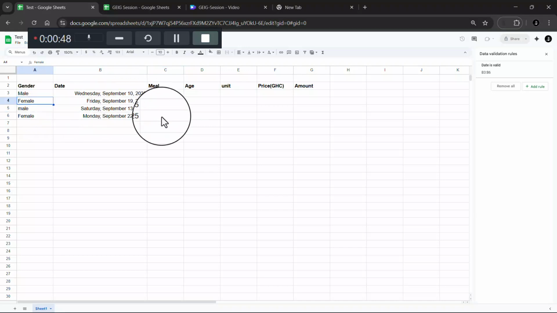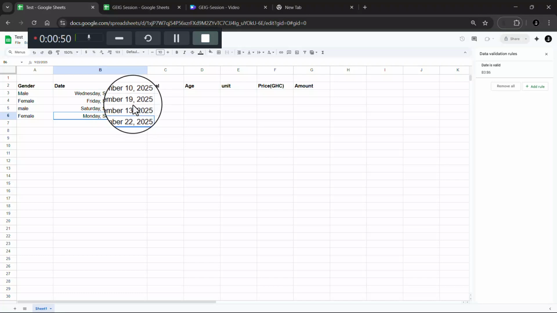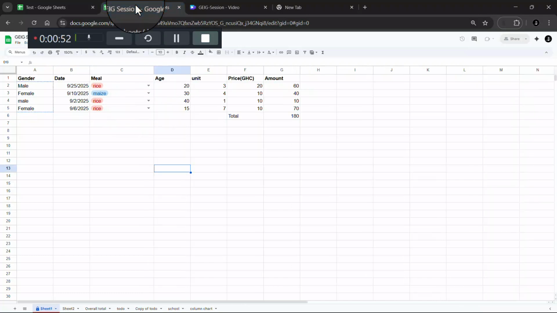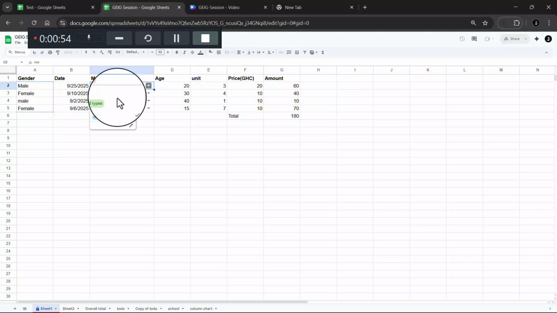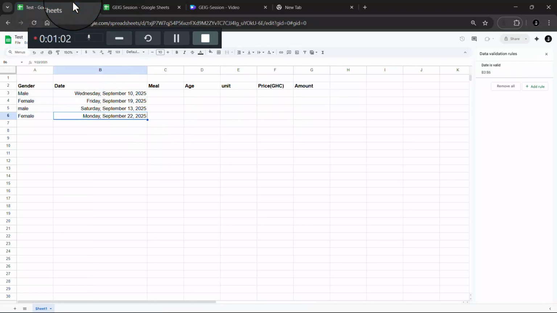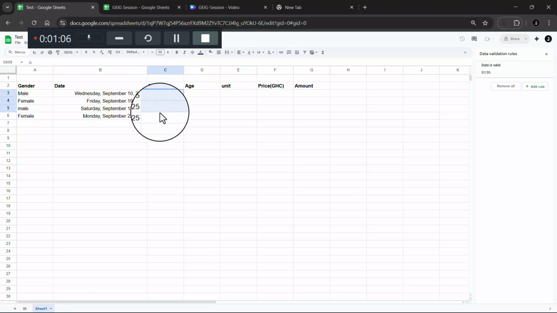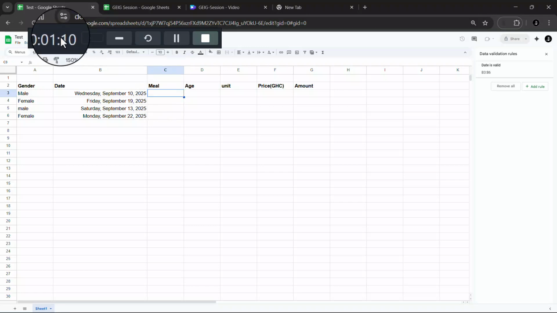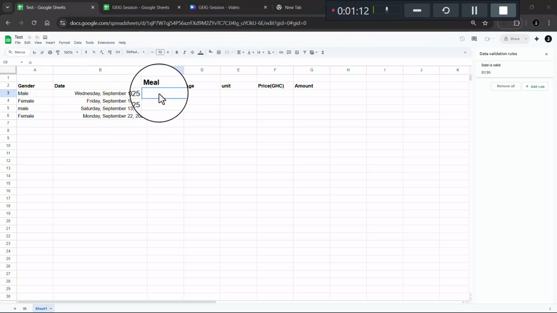So in today's lesson, we want to work on drop downs, as you see here. When I click on this, I can select something. So to do that, let's get started. In our mail column, what we want to do is create a drop down. I'll click on this cell, and then I'm going to select